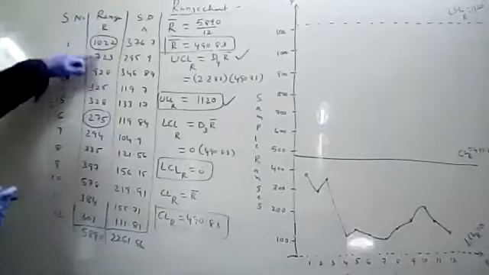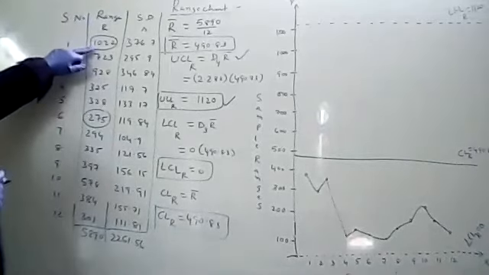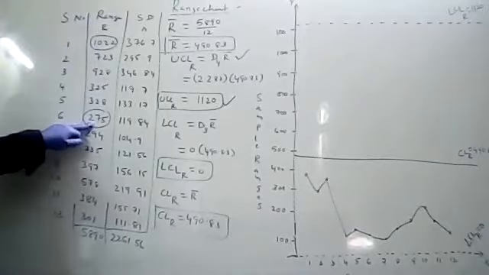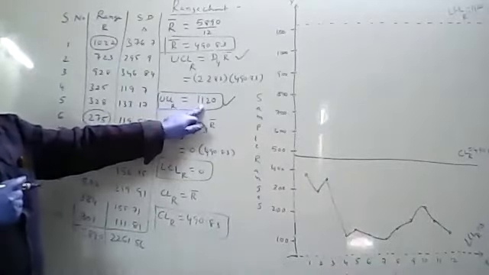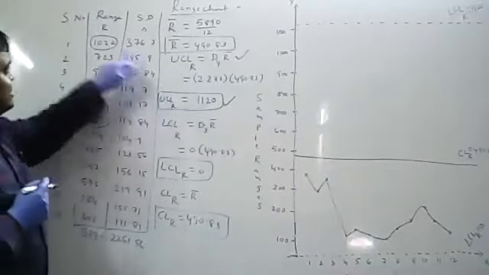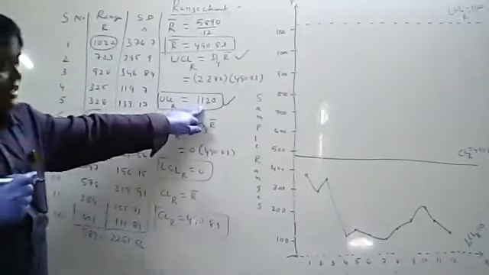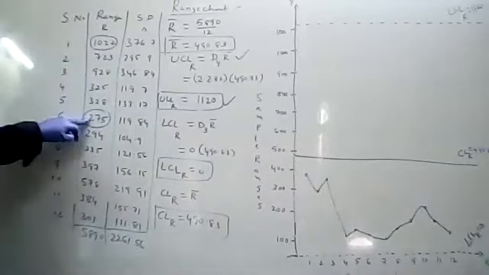So these are the range values. In the range values, identify the highest value. What is the highest value in the range values? 1022. What is the least value? The least value is 275. The highest value should be compared with the UCL. What is the UCL R value you got? UCL R value is 1120. So which is highest? 1120 is highest. That means the scale should be considered up to 1120 or up to 1200. No problem.